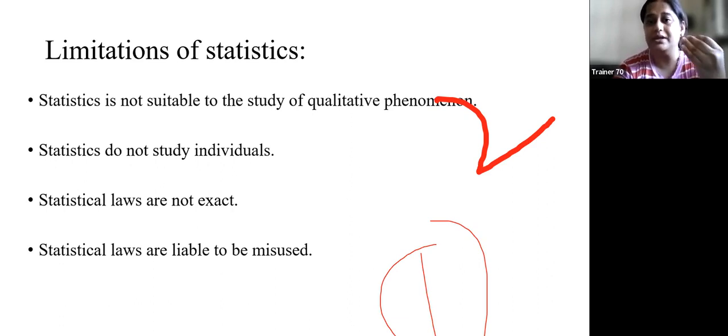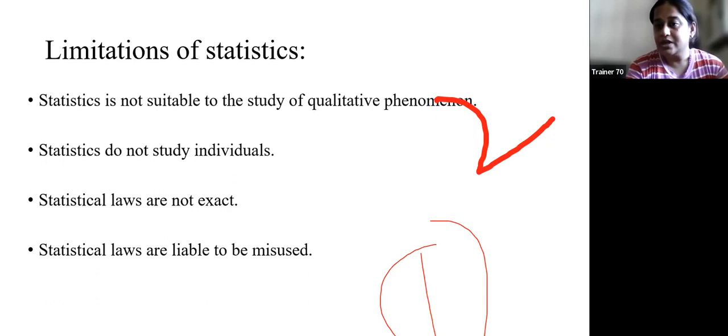मतलब अगर आपको किसी भी डेटा पे statistics apply करनी है, then it is necessary that it is in the form of numbers. If it is not in the form of numbers, if it is in the form of some qualities, then statistics is not applicable on such data. We have to first convert the qualitative data into the quantitative one, then only we can apply any statistical technique. Otherwise, it is not possible to study that data statistically.